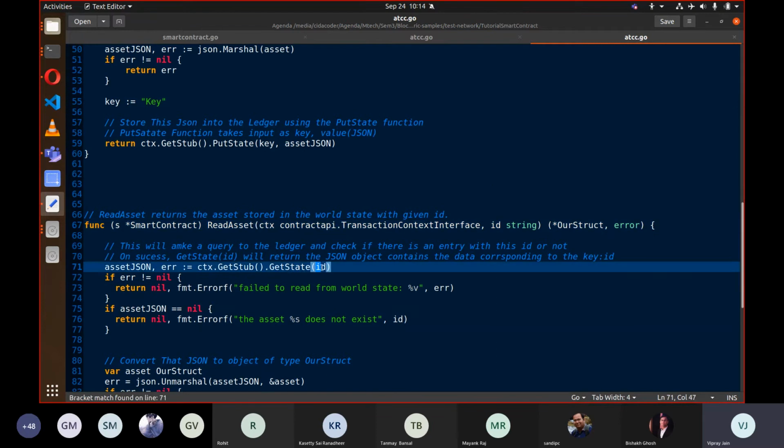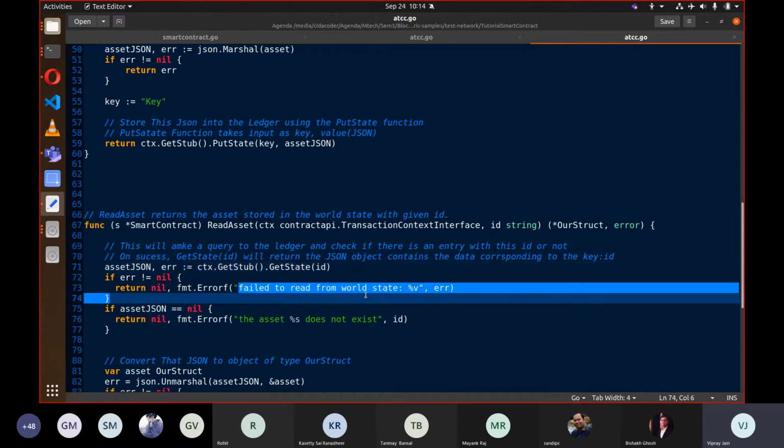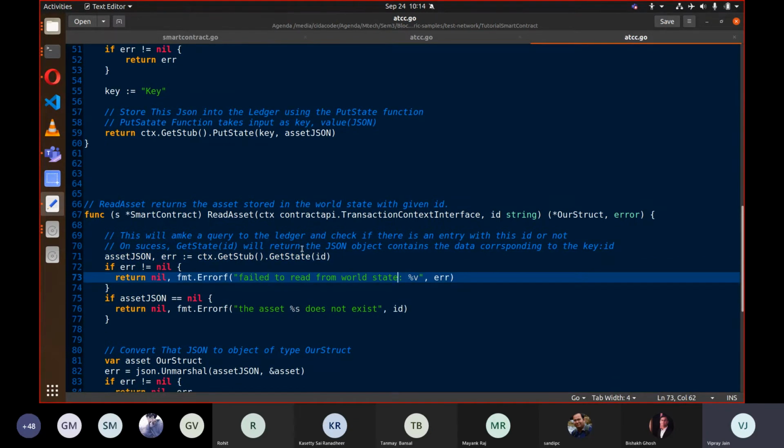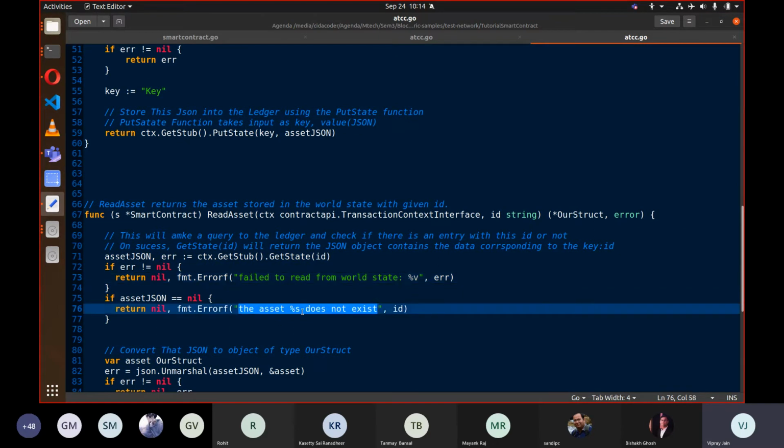It will take the ID, go to the ledger and check if there is an entry with this ID or not. If there is some error, then this error will be returned, and if the entry is not in the ledger, then this message will be written that the asset with this particular ID does not exist.